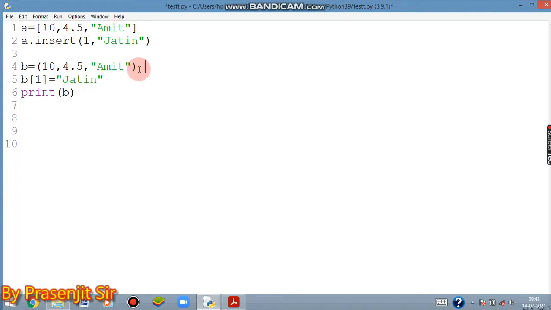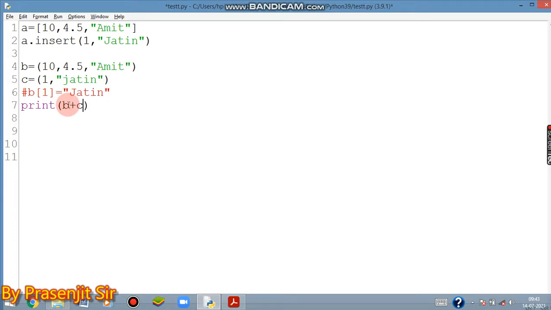But if I want to add data, that can also be done using another variable. Suppose the c variable, c equals, I want to add two data, suppose 1 comma Jatin. That should be acceptable. I'm just omitting this one, and here b plus c.